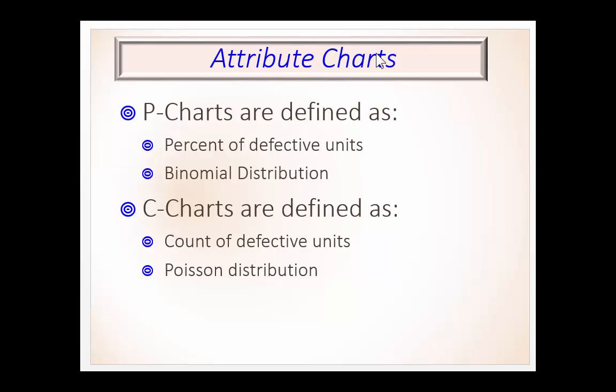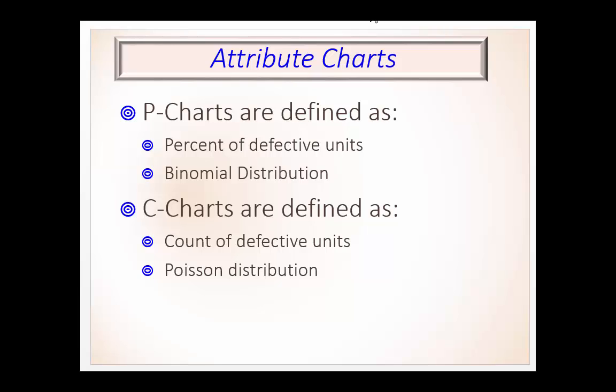This video is about attribute charts. So in the previous section of this chapter, we learned all about variable charts, the X-bar and R charts. And those charts are specific to data that is continuous, like we talked about height, weight, length, measurements of some sort. Attribute charts, on the other hand, are charts that